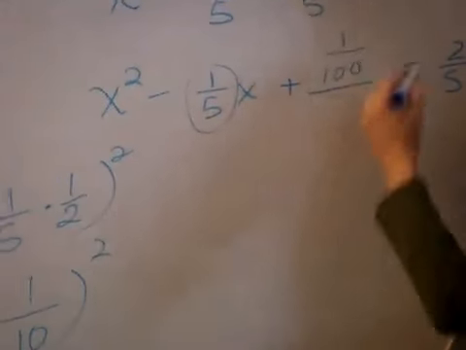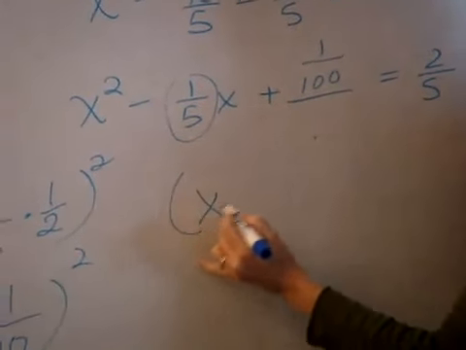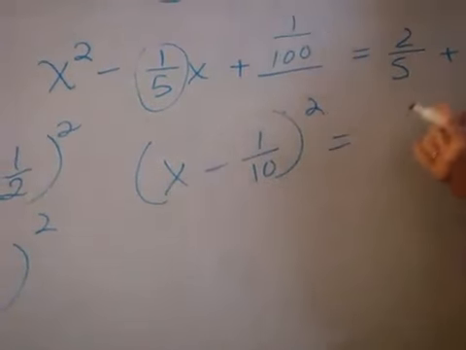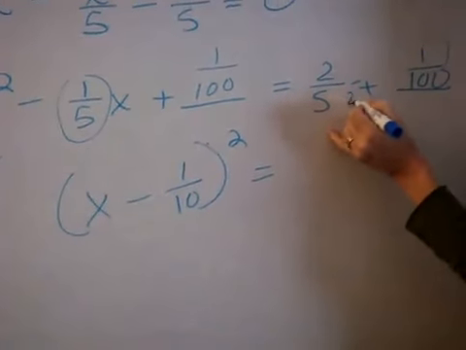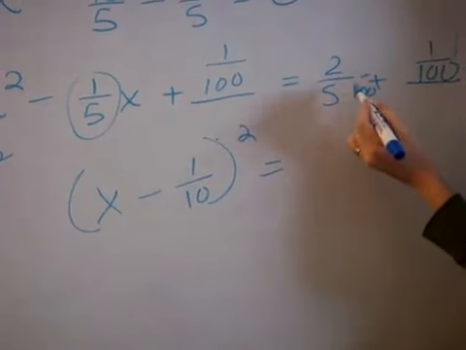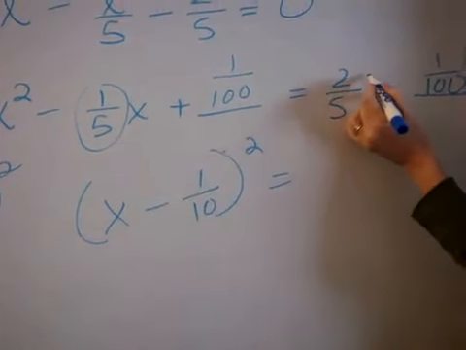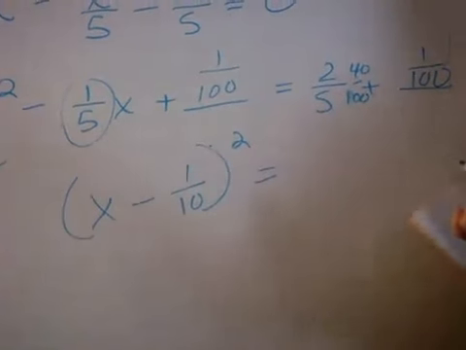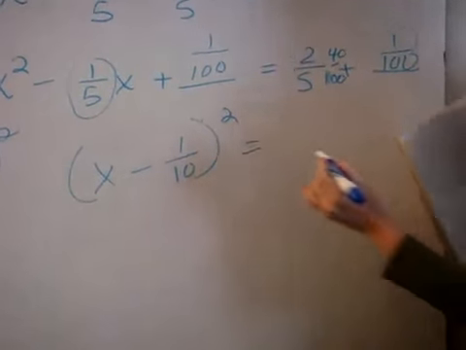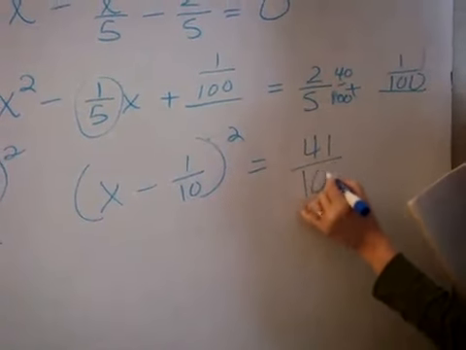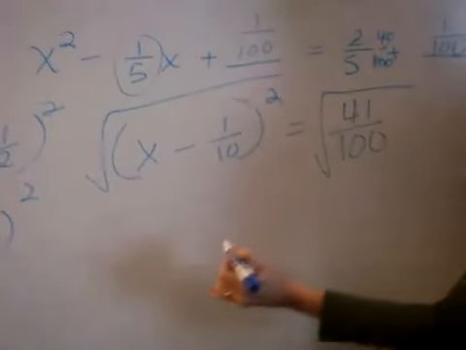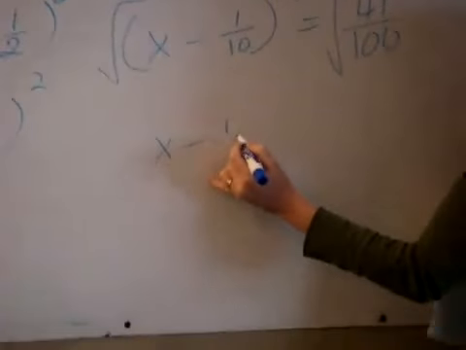Now this is a perfect square trinomial, which can be factored as x minus 1/10 quantity squared. Again, you need to find the common denominator, which would be 100. 5 goes into 100 20 times. 20 times 2 is 40. Add those together, and you get 41 over 100. Take the square root of both sides. I'll just put this step in this time. And we get x minus 1/10